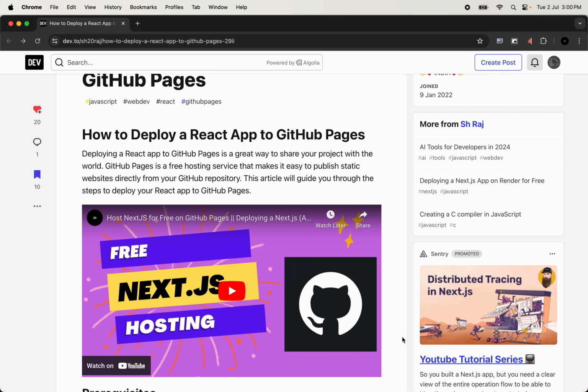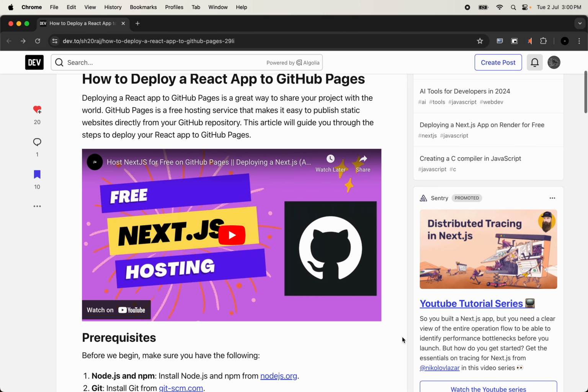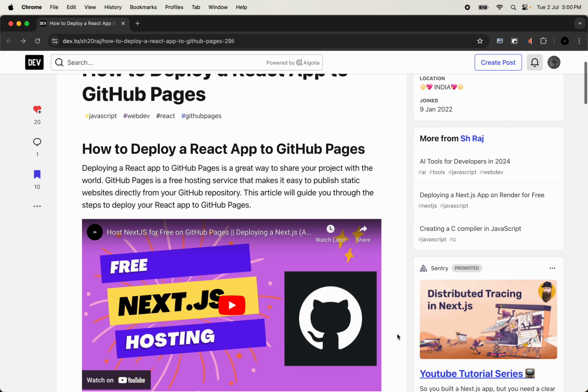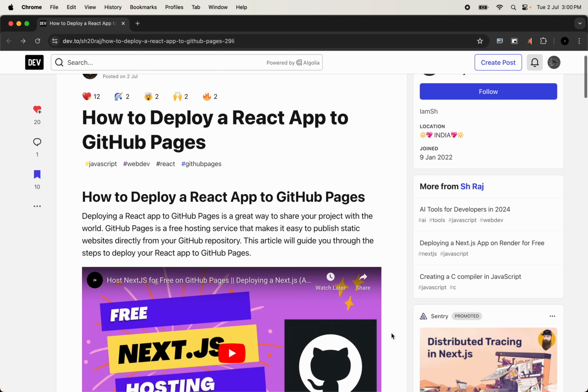Today we'll dive into a fantastic tutorial on how to deploy a React app on GitHub Pages. If you are a developer looking to showcase your projects or share your work, this guide is perfect for you. Let's get started. And before we begin, make sure that you have a GitHub account and a React app ready